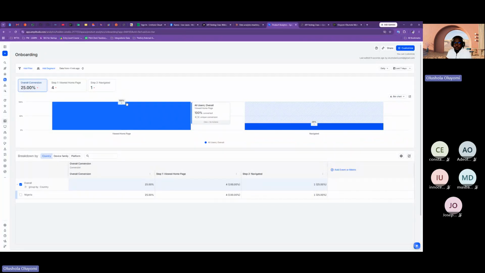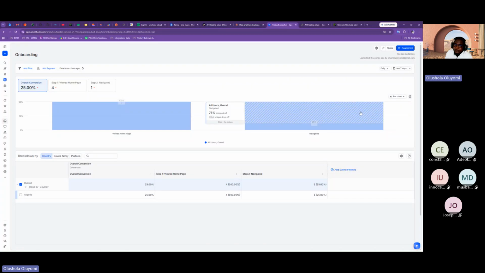So I can see everybody viewed on page. Not everybody. Somebody viewed from a different page. But yeah, you see four people viewed home page and only one of them navigated from home page. So which means you guys did not navigate from home page. You did something else. But yeah, the point is this gives you that